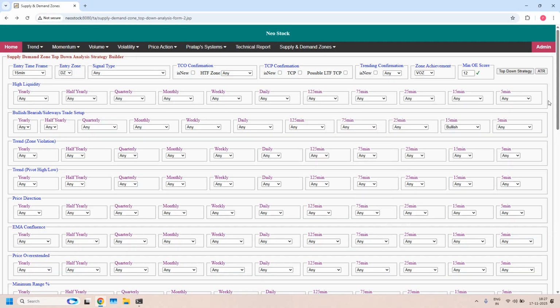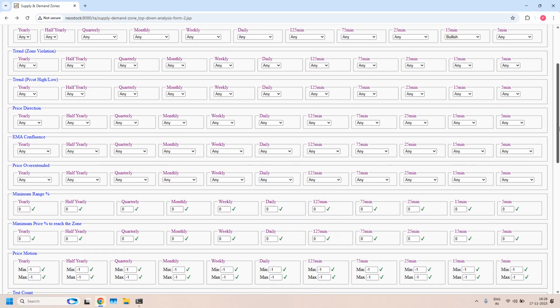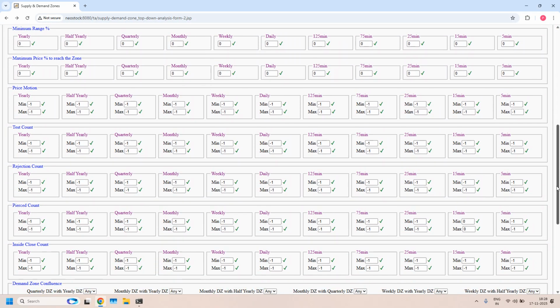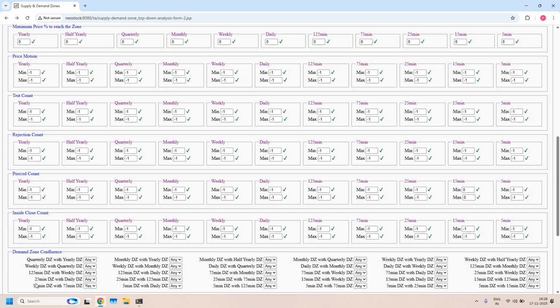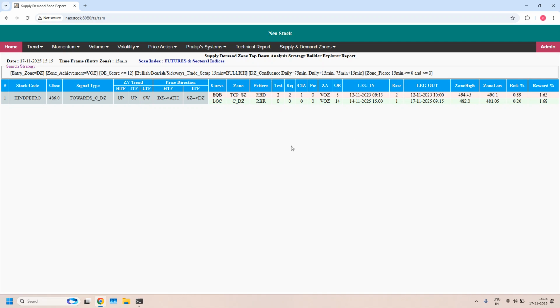As per the second strategy, LTF, ITF, HTF demand zone confluence. So that is 15 minutes and 75 minutes, 15 minutes and daily, 75 minutes and daily demand zone confluence. By enabling all the 3 filters, we got only 1 stock. So this 15 minutes demand zone overlapped with 75 minutes demand zone, this 15 minutes demand zone overlapped with 75 minutes demand zone. Both together again overlapped with